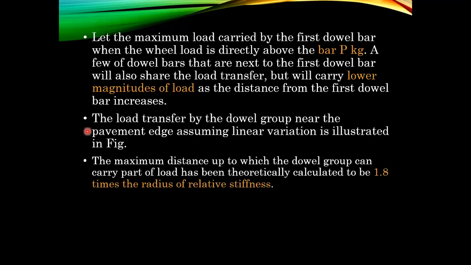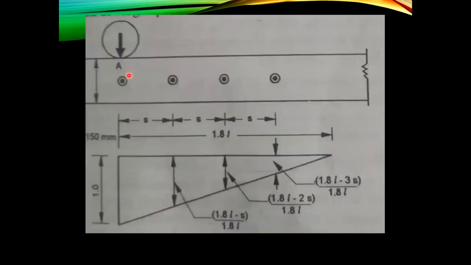Next, let the maximum load carried by the first dowel bar, when the load is directly placed above it, be P kg. Assume what is the maximum load the first dowel bar carries. Suppose 1000 kg is the load applied by the vehicle. The first dowel bar will carry a P value, that is 1000 kg will be carried by the